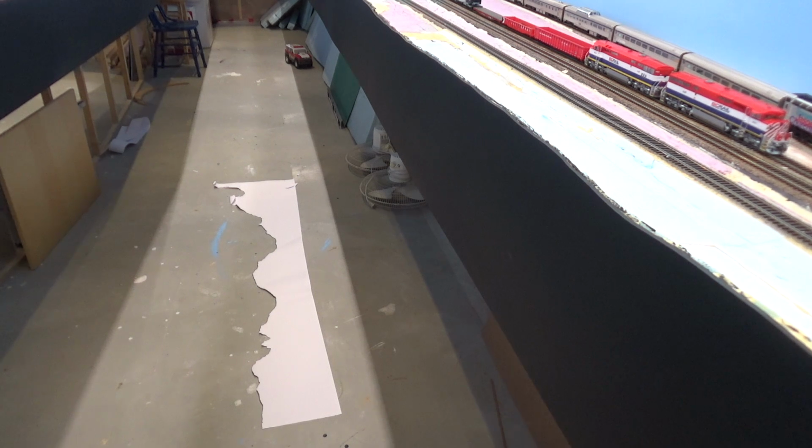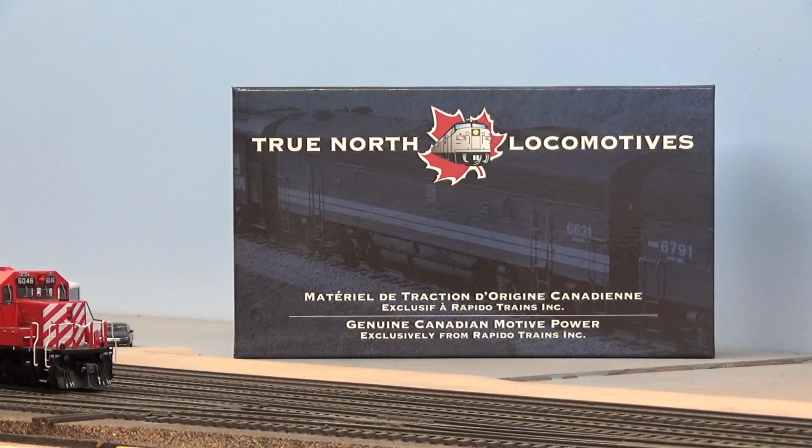My goal is to have another 30 feet or so ready to print by the end of summer, and then going into winter I'll have a good 40 feet of the layout that will be ready to be scenicked. So the only other new thing down here besides that new backdrop,